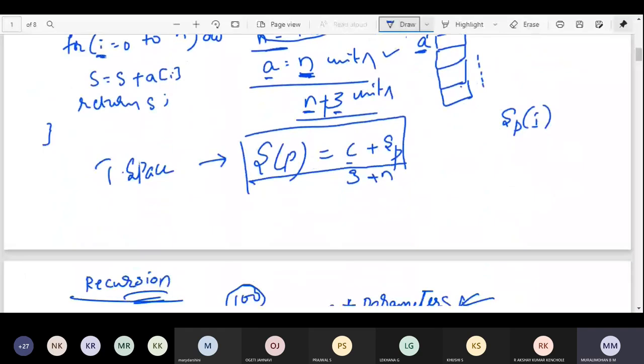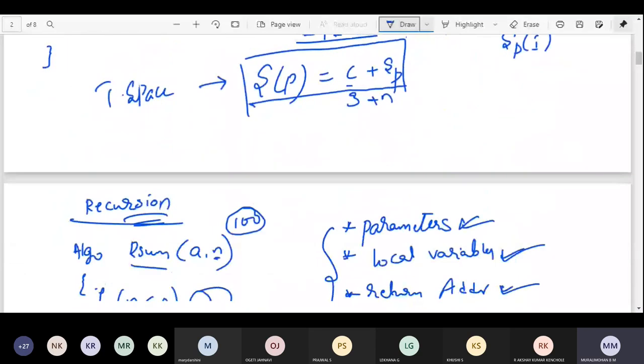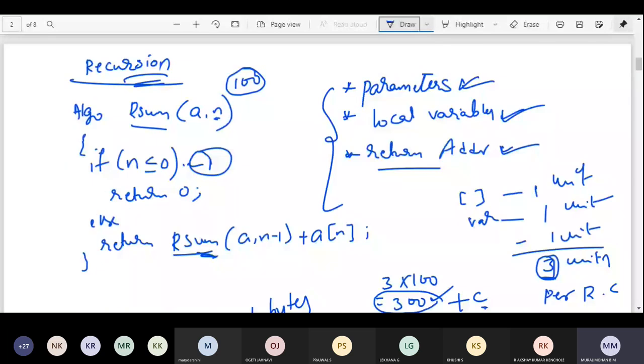So these are the three variations of how we will calculate the space complexity. Clear?